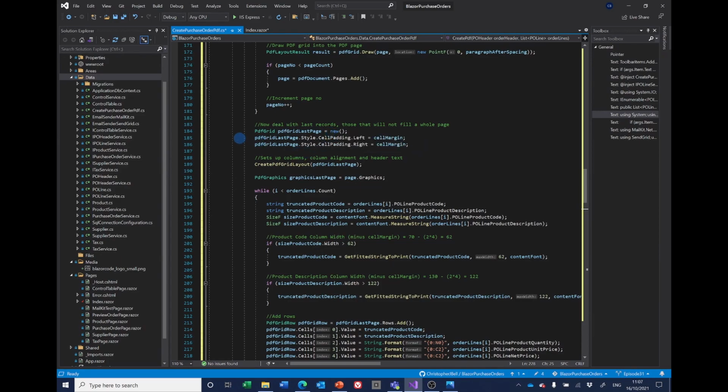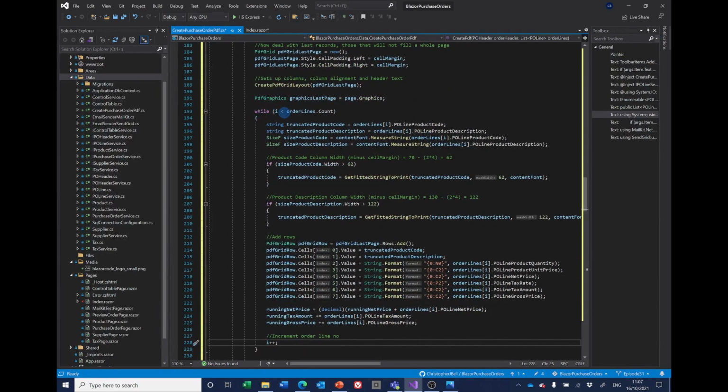We add a new page, we set the cell margins, we create the layout as we did before, and this time, while I is less than the order lines.count, so I might be coming into this as say number 41, we might have 50 odd lines, so while I is less than 50, we go through exactly the same as we did before,